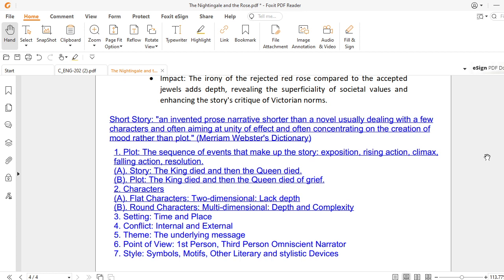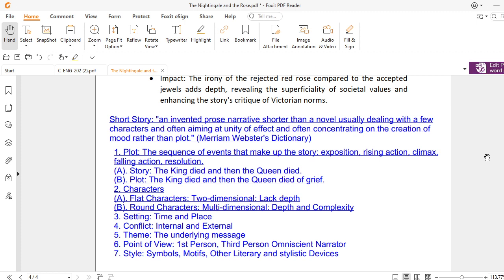But with the passage of time, as society modernized and changed from the past, people did not have a lot of time to read very lengthy novels or enjoy themselves with them. So the novella came into being. What are examples of the novella? Albert Camus wrote The Stranger. This is a novella because it is larger than a short story but shorter than a novel. Then we have The Metamorphosis by Franz Kafka, which is also a novella. Then we have Heart of Darkness by Joseph Conrad, also a novella.